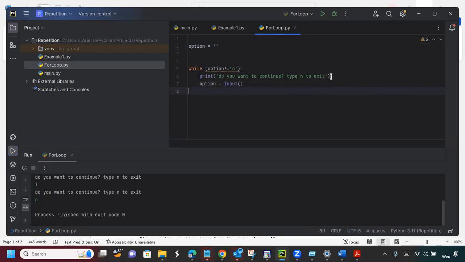Okay, so now I'm going to show you the sentinel value. What is the sentinel value? See this example. See this while loop? The only way to stop this while loop